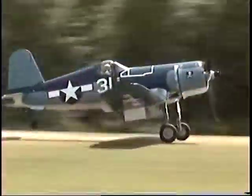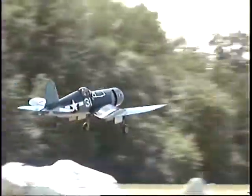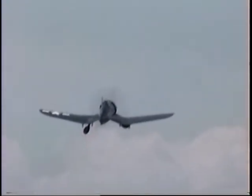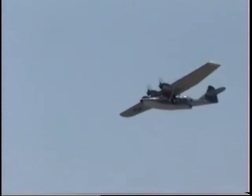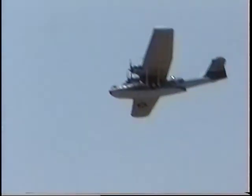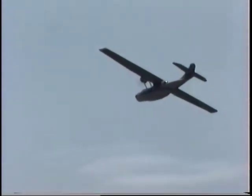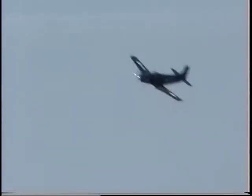The FG-1D Corsair. Mr. John Quinton is behind the controls of our Corsair today. Now this is a licensed copy. Passing over now is that beautiful long wing of the WWII Catalina, which would have flown 17 miles from the